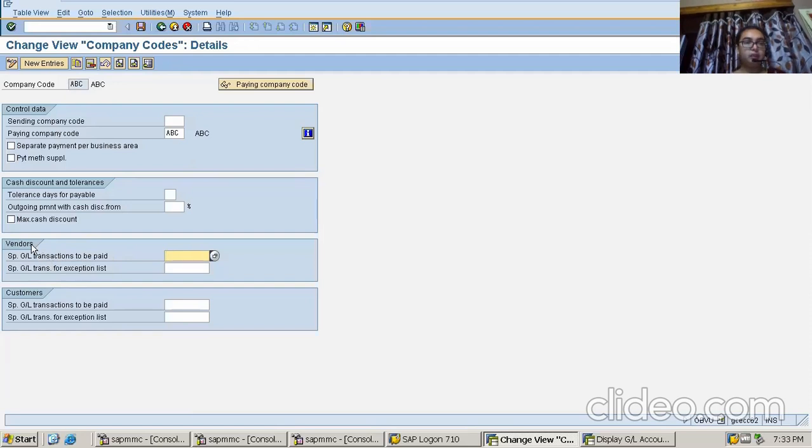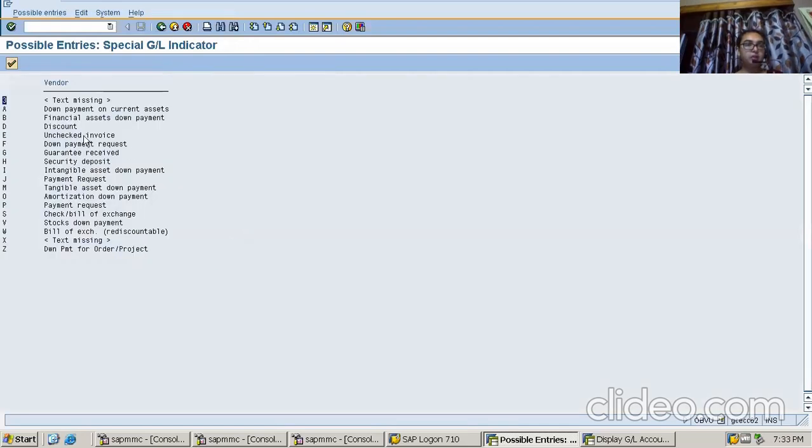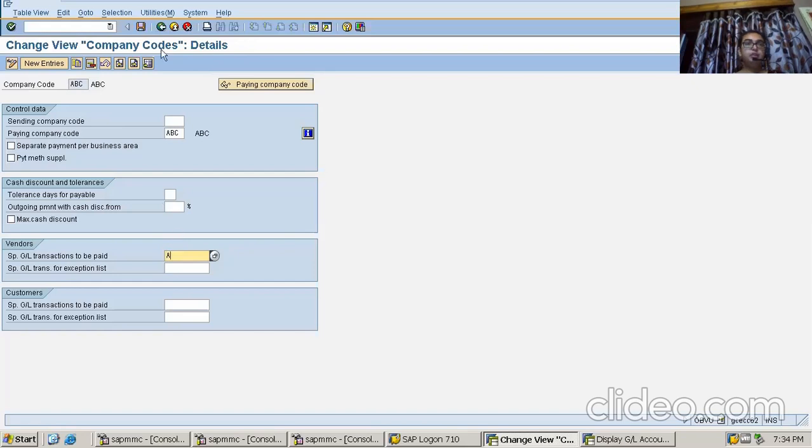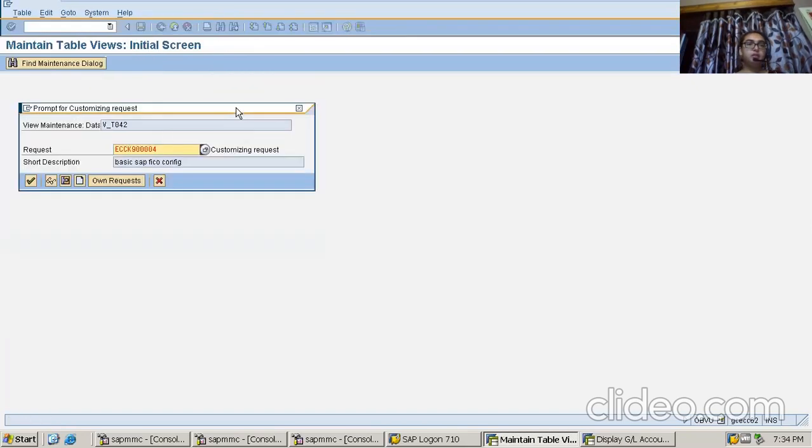As I'm covering the vendor, I'll be choosing the special GL indicator in the vendor segment. Now my special GL indicator will be A. As I have shown you, I have configured against the combination of K, and A stands for the down payment. Hence I'm choosing this one. A is chosen. Now I'm saving this one. So it's done.